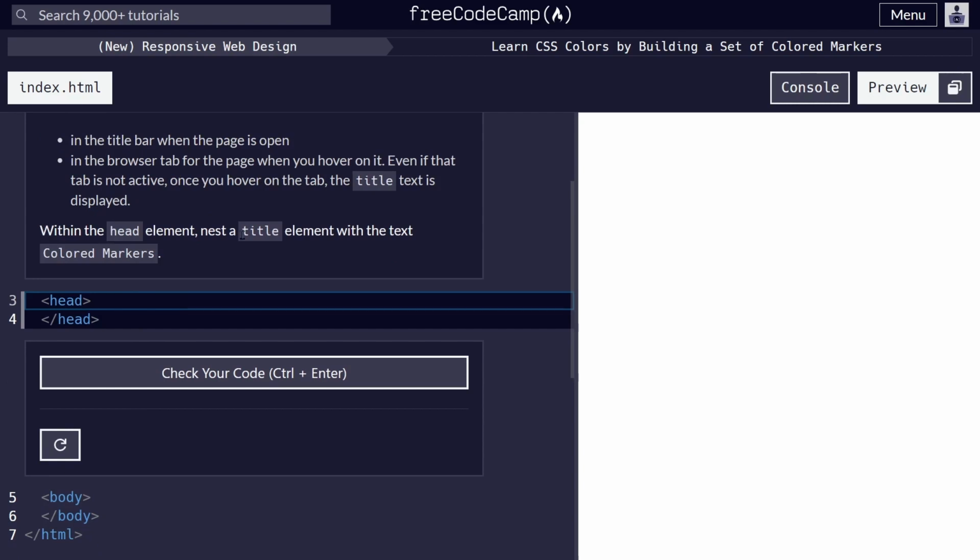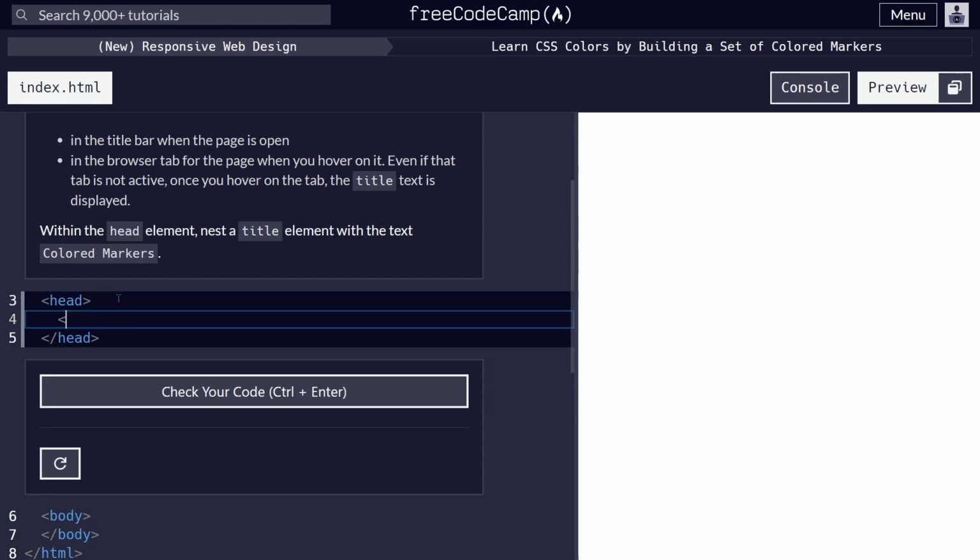Okay. Within the head element, nest a title element with the text color markers. 在这个 head element 里面加一个 title element。OK，没问题。Title，然后加个 text color markers。